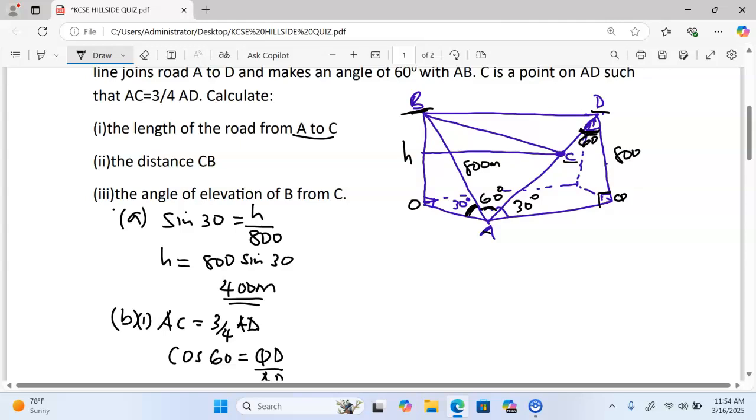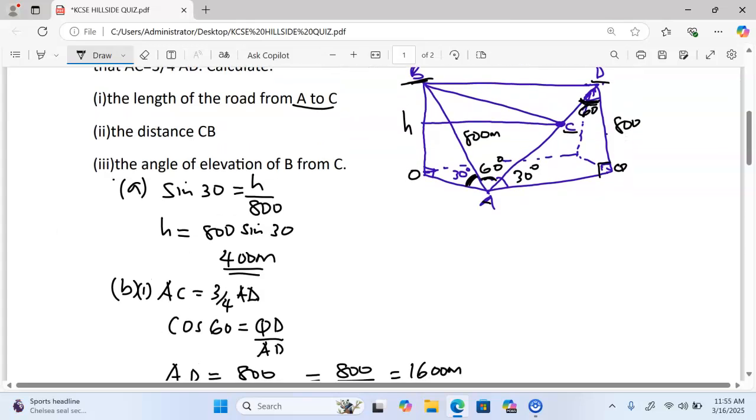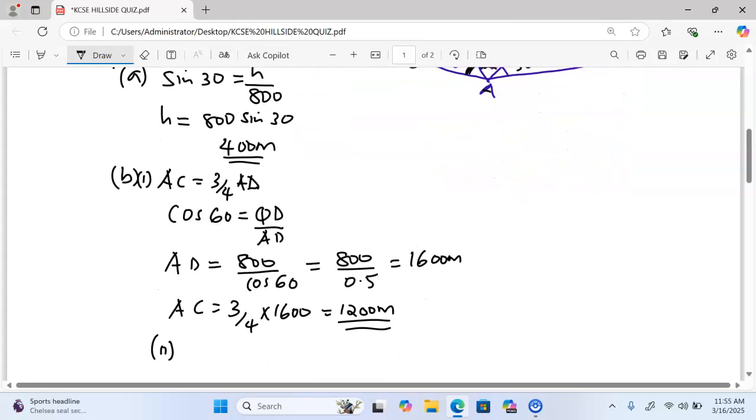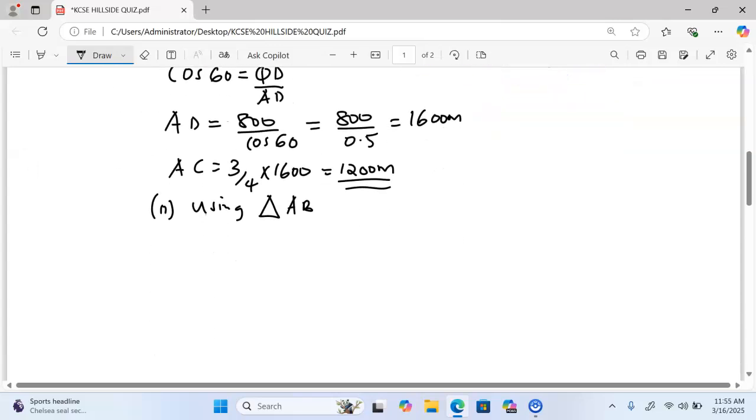To get the distance CB, we are going to use triangle ABC, which looks like this,